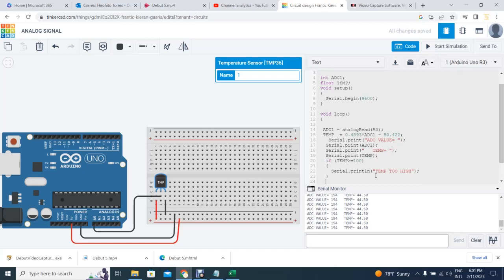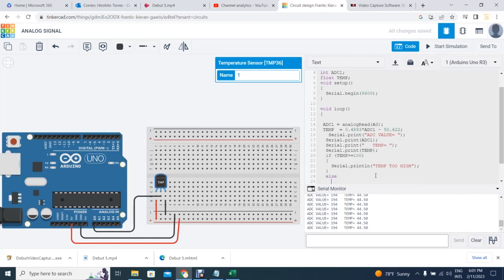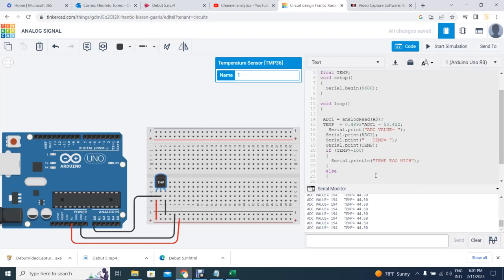Meaning, if the temperature is not above 100, we want to do something else. So we open here another one and we said, all right, let's copy this because it's basically the same. You're going to copy this, but this is what you're going to set. And else, we write here, if